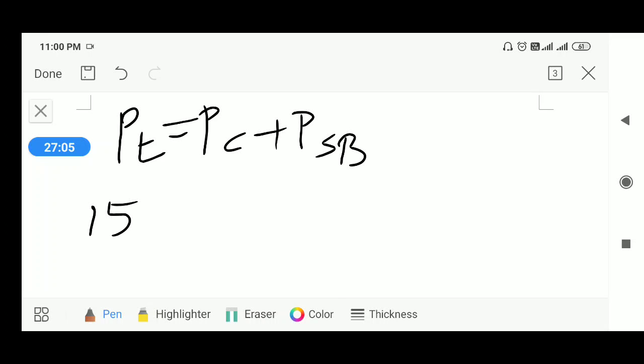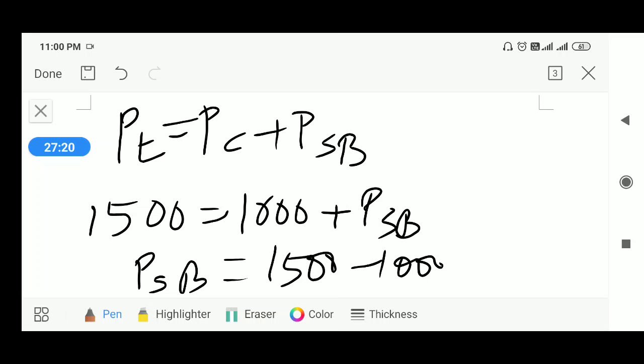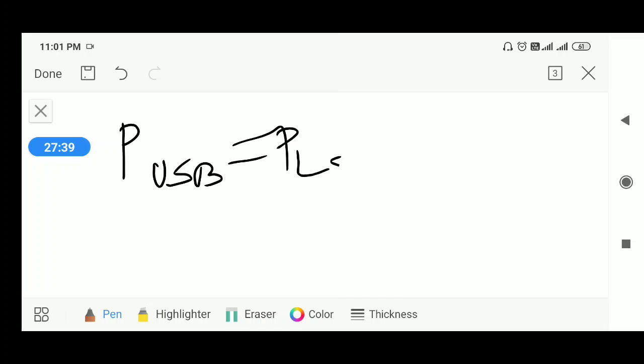This is 1500, P sideband is equal to total power minus carrier power, that is 500 watts. Then the power in upper sideband is the same as power in lower sideband, which is half of total sideband power,